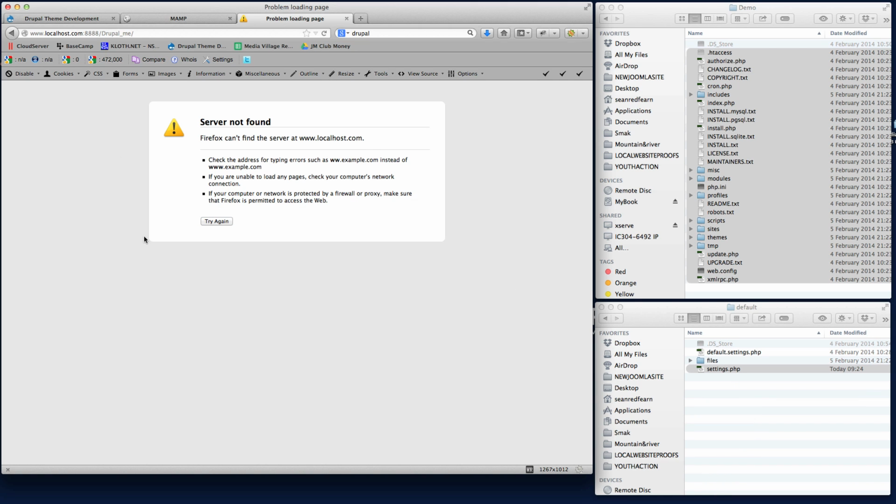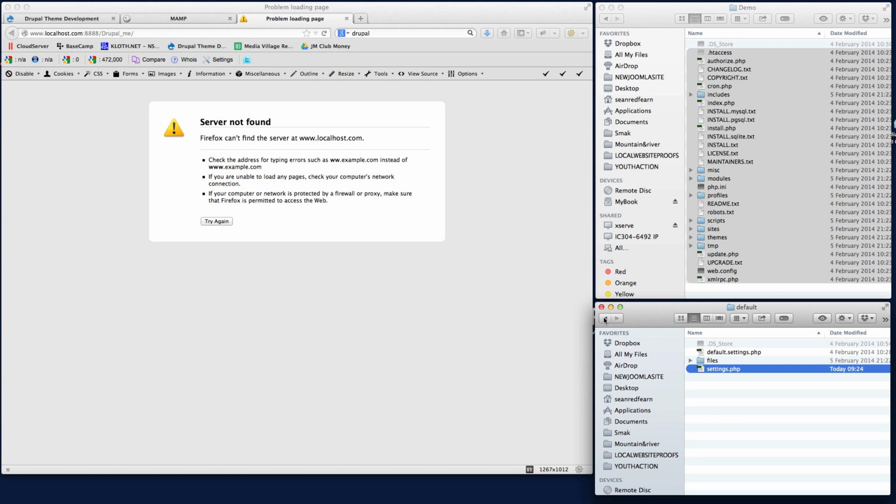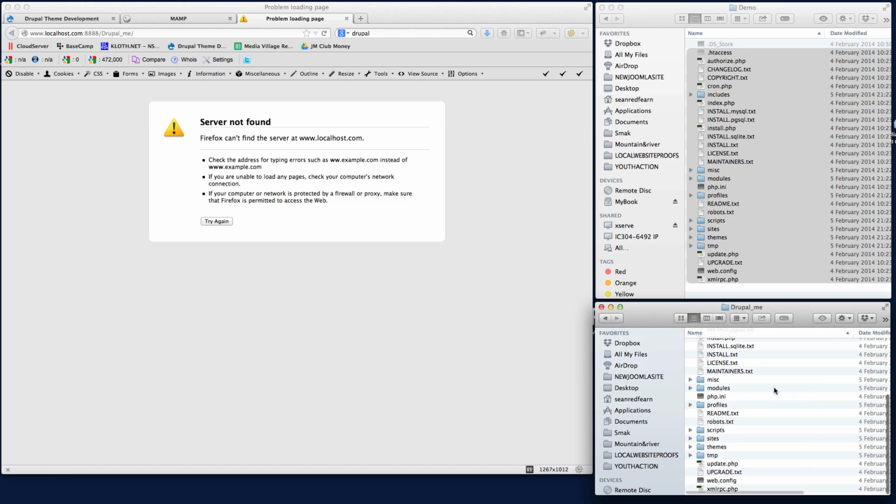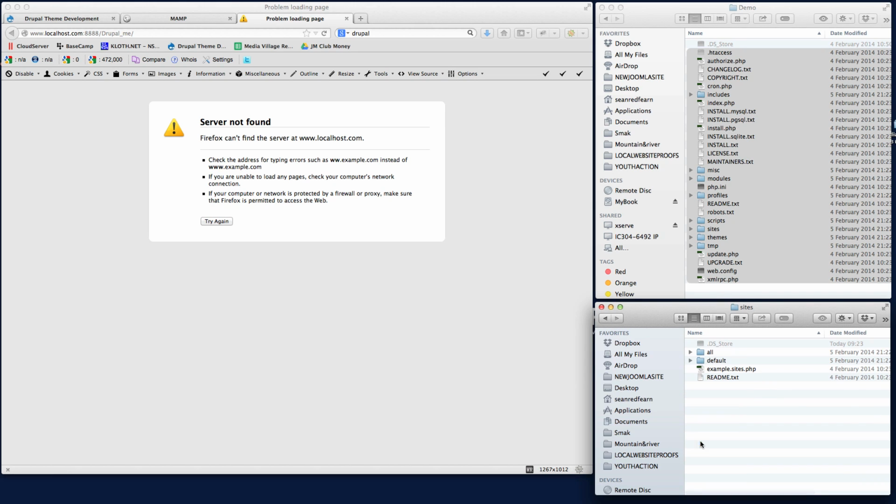So you can see here we've got an error now because it can't actually find the database, because we need to change the settings for the database. So if I just show you where we are, this is the root folder for this install, Drupal me. We need to go into the sites folder, into the default folder, and then we need to change the settings file here so that the database has got the correct settings for this demo. So if I open up the settings file,